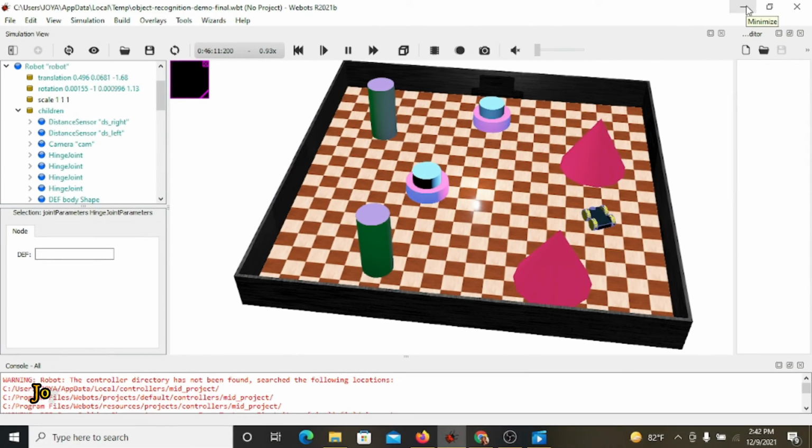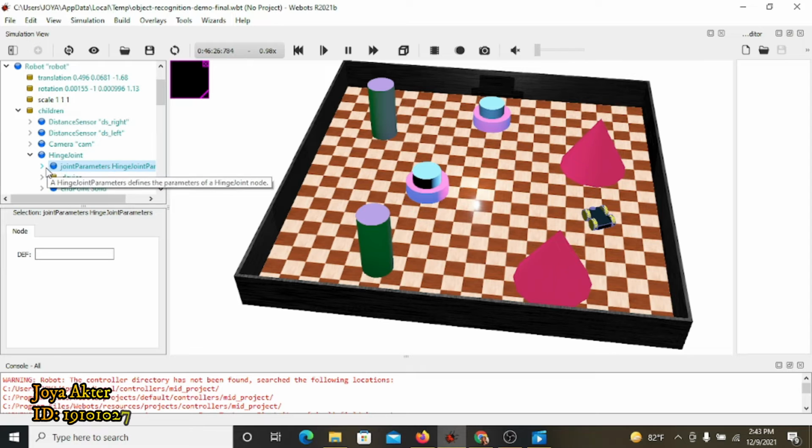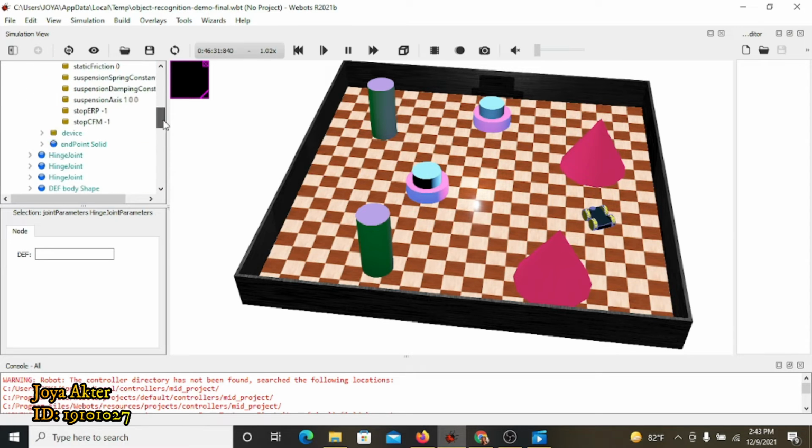In Webots platform, if we want to add wheel, then we have to use hinge joint. In robot nodes under children, I have added another node named hinge joint. If I expand it, then there are total 3 nodes under hinge joint. First one, joint parameter, I have to add hinge joint parameter in this node from our base node. Then in device, I have to add rotational motor, as rotational motor helps to generate rotational motion. Then I have to rename it wheel1 according to our code. Then in endpoint, I have to add solid from our base node.